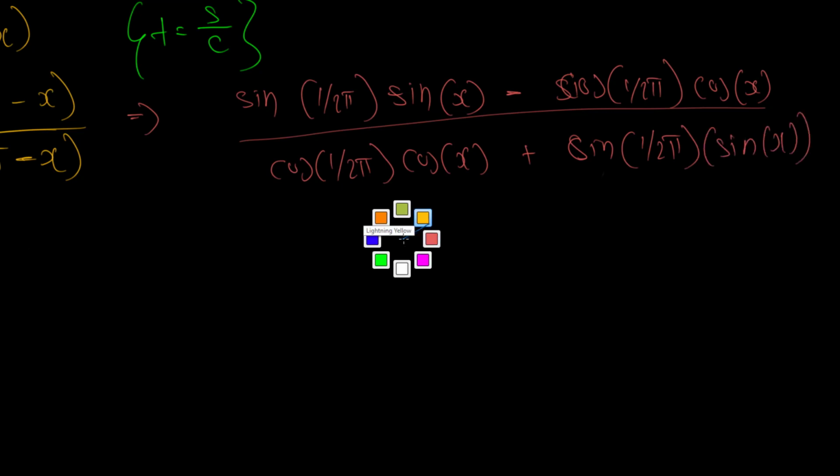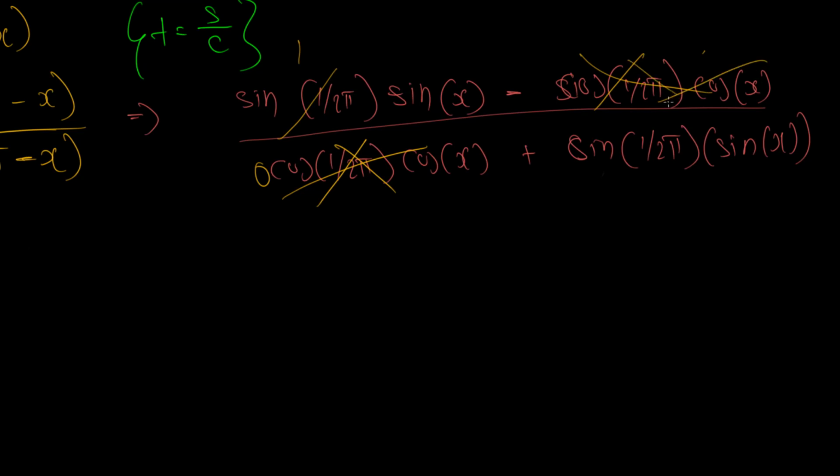Now I know from my calculator and from my trig knowledge that sine 1 by 2 pi is 1 and cos 1 by 2 pi is 0. So this entire thing will cancel off, and this entire thing would cancel off, because cos 1 by 2 pi is equal to 0. And over here, I know that sine 1 by 2 pi is 1. So if I reduce it using simple algebra, this would simply be 1 multiplied by sine x divided by 1 multiplied by